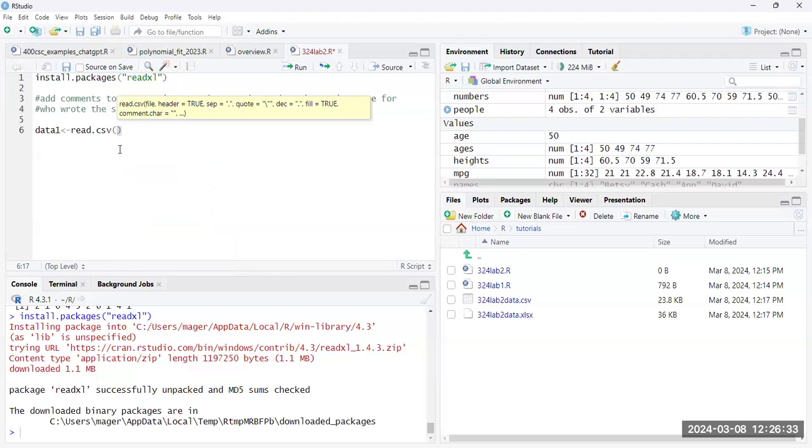This is a comma separated file. It's basically a text file where every column is separated from every other column by a comma. So there'll be information and then a comma and then information and a comma and so forth. Now,